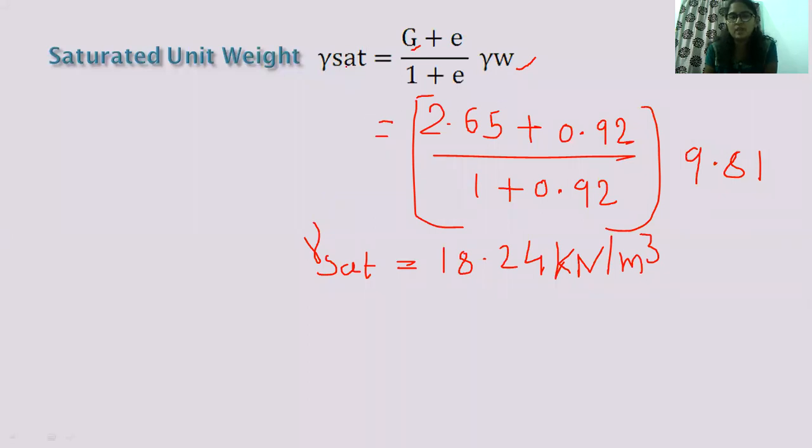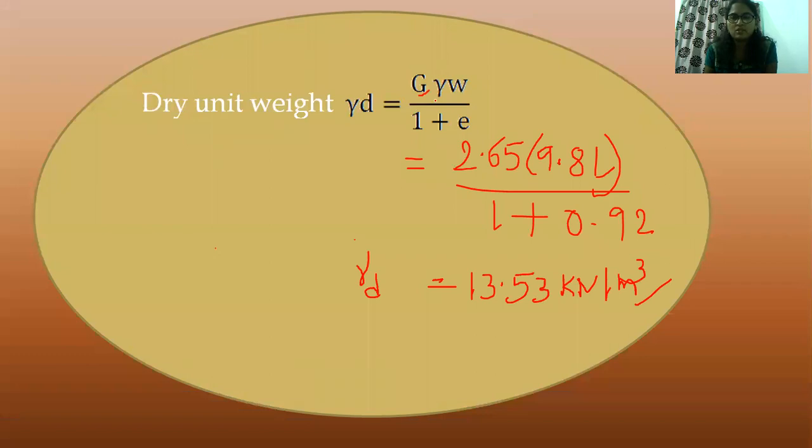So, gamma sat is equal to G plus E by 1 plus E into gamma W. What is the value of unit weight of water? Some cases it is given in problem. Otherwise, how to find out that value? So you cannot find out. It is directly taken as 9.81 kilonewton per meter cube. That is standard value. And gamma D is equal to G gamma W by 1 plus E. What is gamma D? Dry unit weight. G is equal to specific gravity. Gamma W, unit weight of water. This all abbreviation must and should be you can learn for every